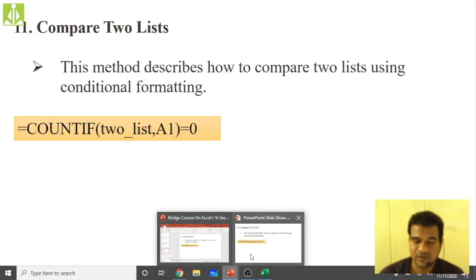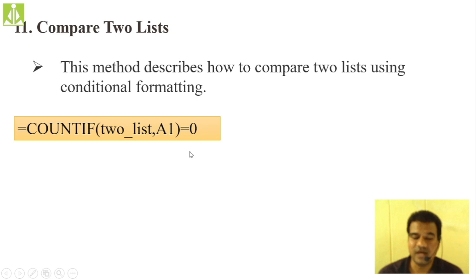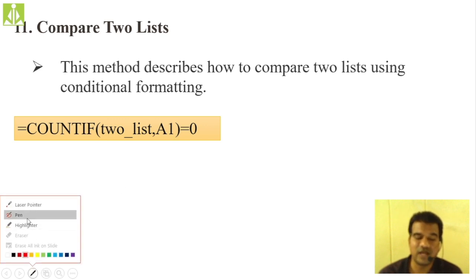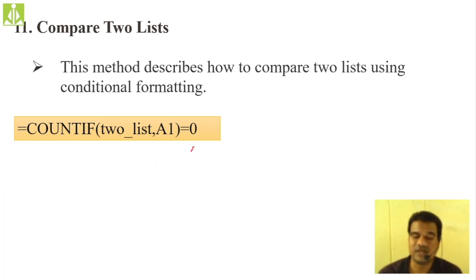So only this thing will change. Here, when we want equals to 0, if you want to color, if there is no match. If there is no match and if you want to color, take it as 0. And if there is a match and if you want to color, take this thing as 1. So we need not change anything in the formula. Just this 0 and 1 will change. If there is no match and you want to color, then select 0. If there is a match and you want to color, select 1. Hope you understood this one.